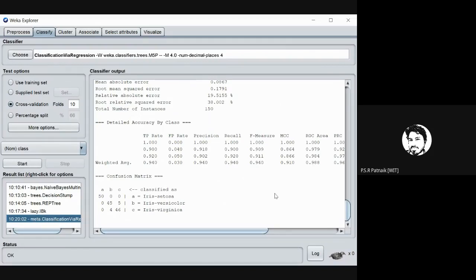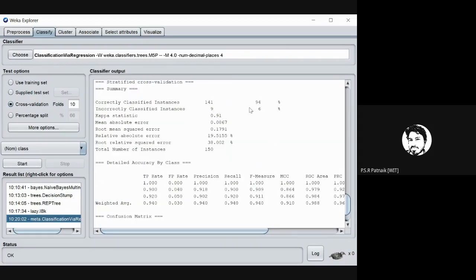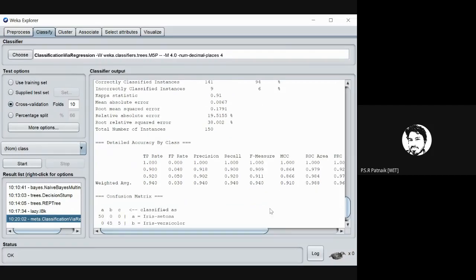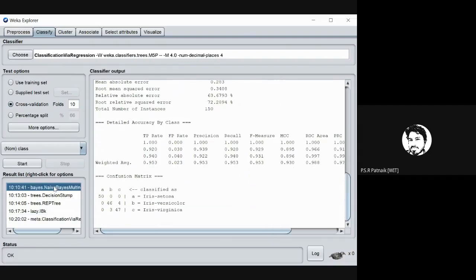I think this regression based classifier has performed better in terms of ROC values. Do you agree with that? And this is performing as 1. I think this gives a better performance for each class. Each class is classified better.